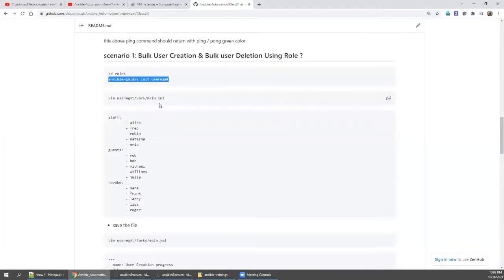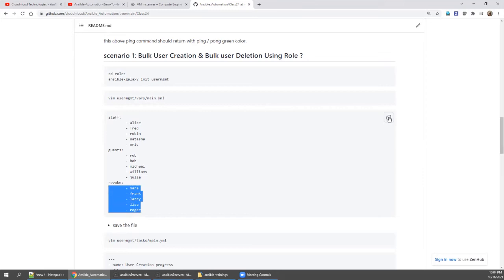First, in the vars directory there is a main.yaml. In the main.yaml I'm going to create section 1, staff. This is the section name with all the values. Guest is another section name, and I'm going to list down all the guest names, and those who really resigned from the company, I'm going to list down all their names.